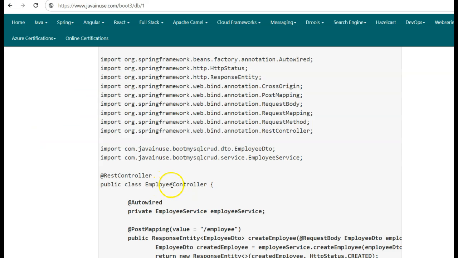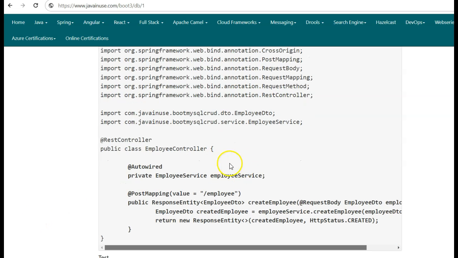Next, we'll be creating the controller class named EmployeeController. For this class, we make use of the @RestController annotation. Also, in this controller class, we auto-wire the employee service. To this employee service, we'll be passing the employee details, which will be later persisted in the MySQL database. Also, in this EmployeeController class, we have a method named createEmployee, which we have exposed as a REST endpoint